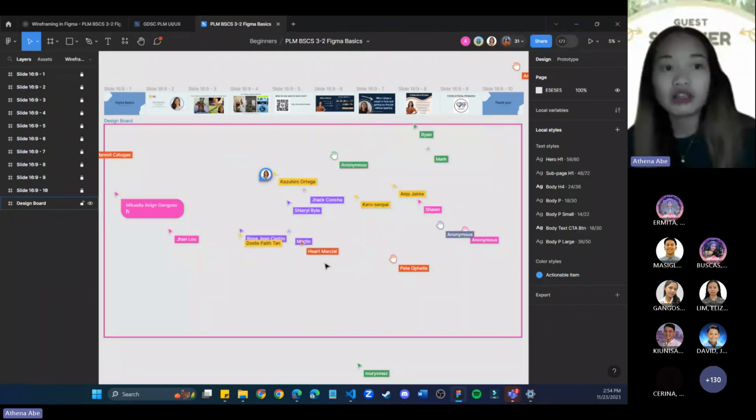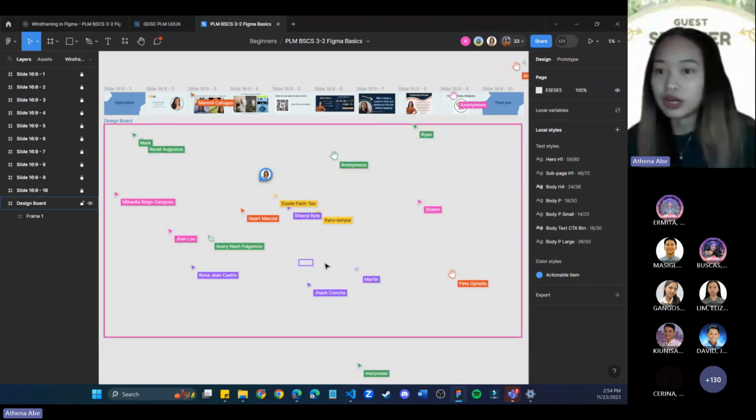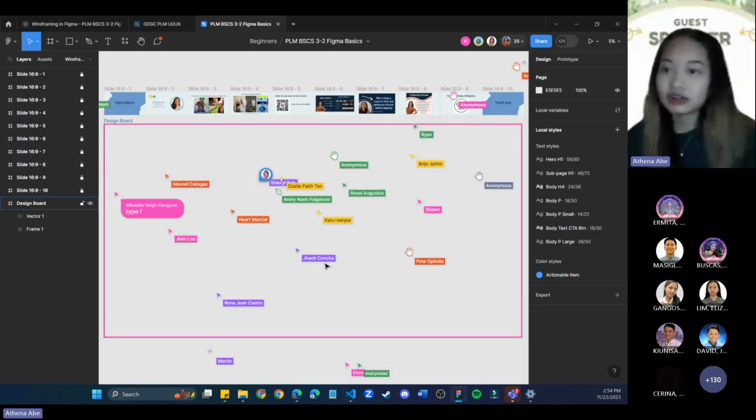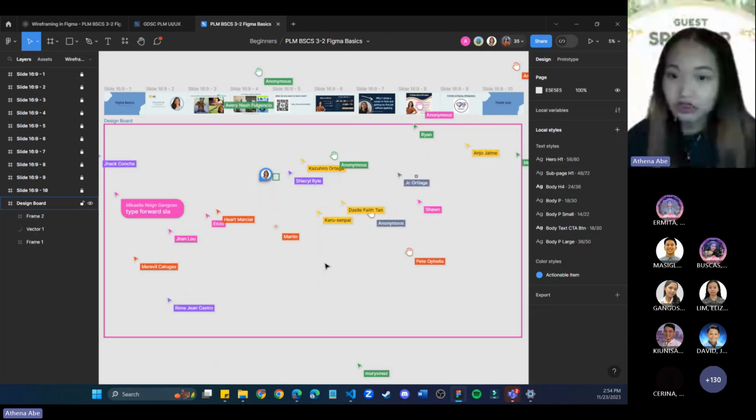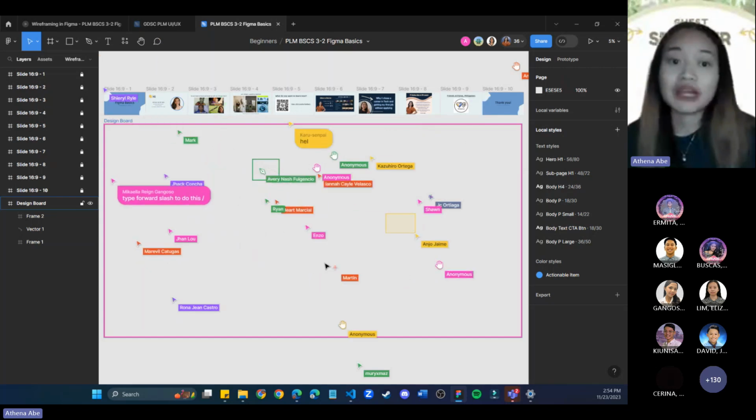And then on the left side, you have your layers pane, assets pane. You also have on the right section your design and prototype. There's also a new feature in Figma that I won't be covering, but if you're planning to be a front end dev,